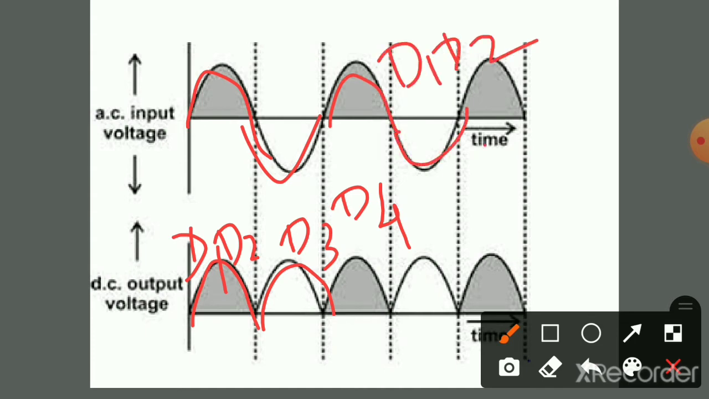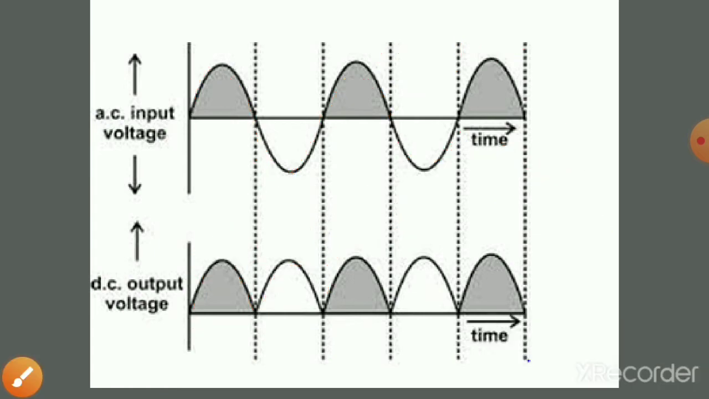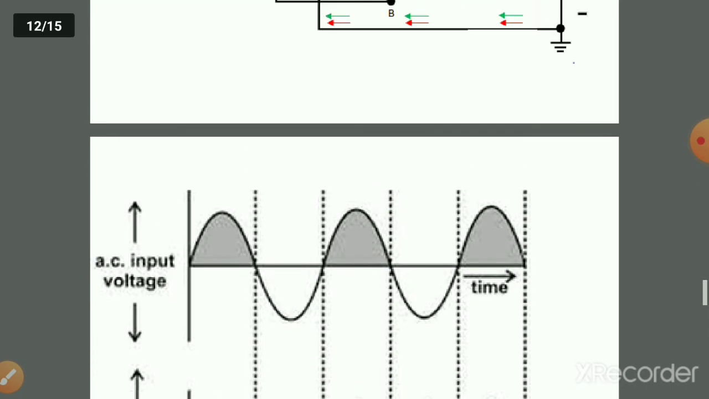So in the negative half cycle it is D3 and D4. Every half cycle the process of rectification will continue until you stop the input signal. The process of rectification will continue until you remove the AC supply. So that is the principle of operation of single phase full wave bridge rectifiers,